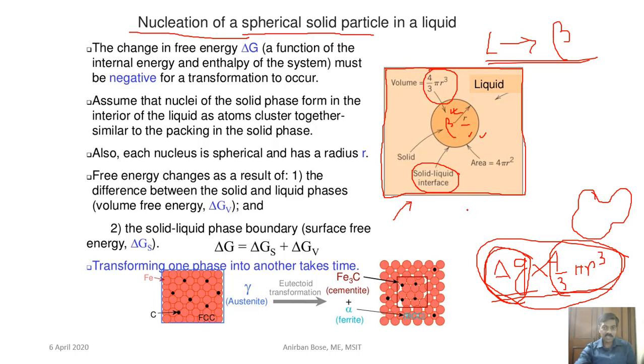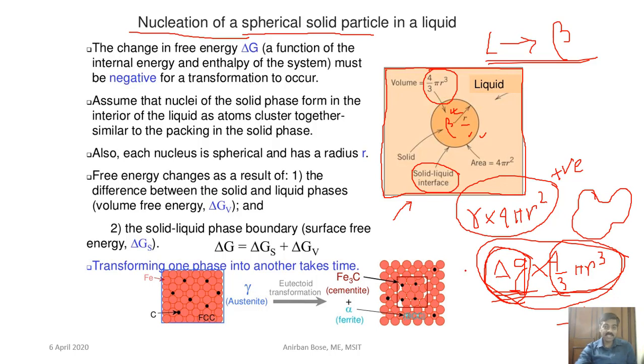So if that surface energy per unit surface area is gamma, which is basically the surface tension, multiplied by the surface area. What is the surface area? That is 4 pi r square. So remember, this quantity is a positive quantity because surface energy will increase, and this energy is a negative quantity because delta G is a negative quantity. Okay,